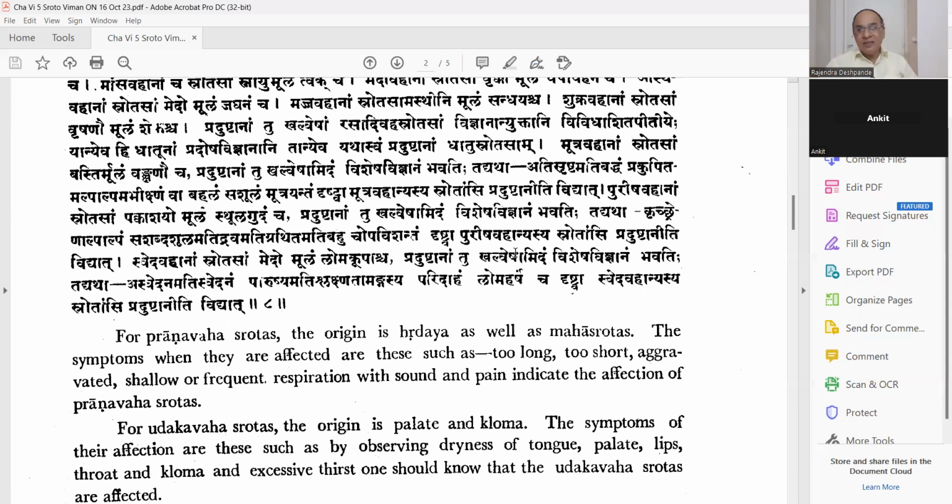Next is Krishangata. Which dhatus are affected? Mamsa dhatu is affected. Medha dhatu is affected. Asthi dhatu is affected. So, Krishangata. The person will lose weight because he has no desire to eat. Tastelessness is there. Ama is there. So, gradually he will have weight loss and the body will be lean.